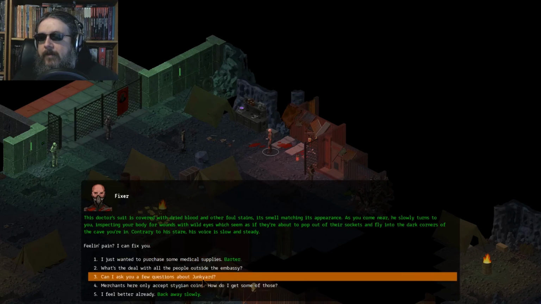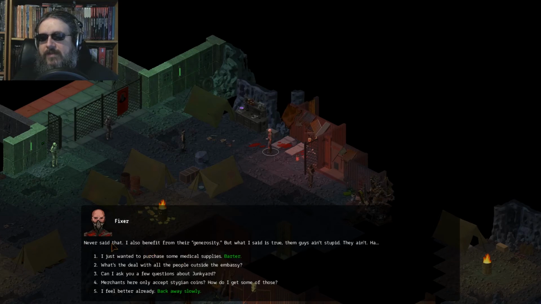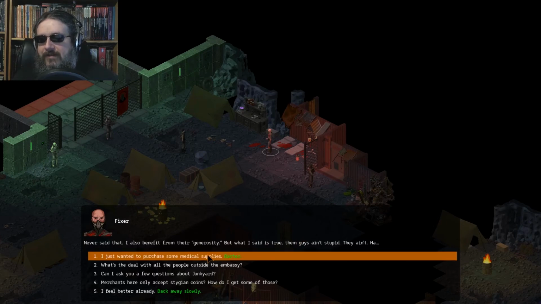Okay. What's the deal with all these people outside the embassy? The United Stations are helping the junkyarders in need. They're giving out food and clothes. Food. That certainly bought their affection. Quite cheap, though, but them folks got next to nothing, so it makes sense. You don't like them? Never said that. I also benefit from their generosity, but what I said is true. Them guys ain't stupid. They ain't. Ha! Alright,